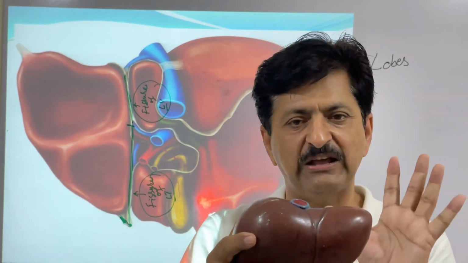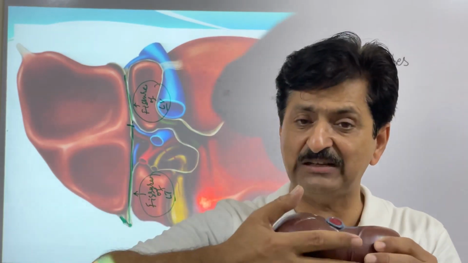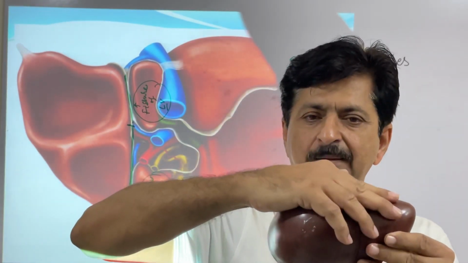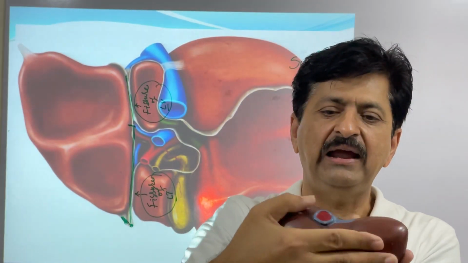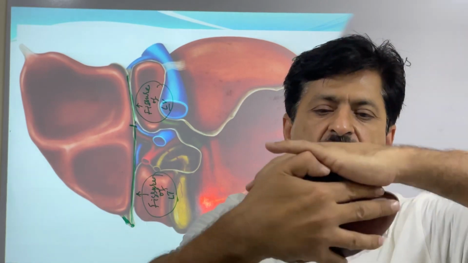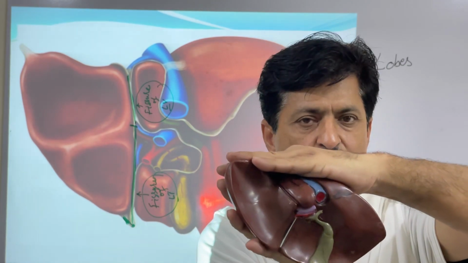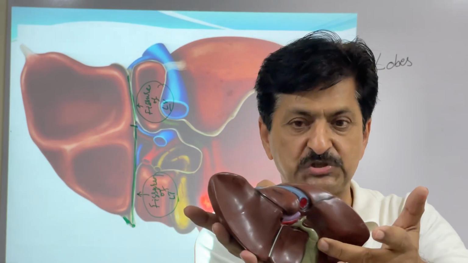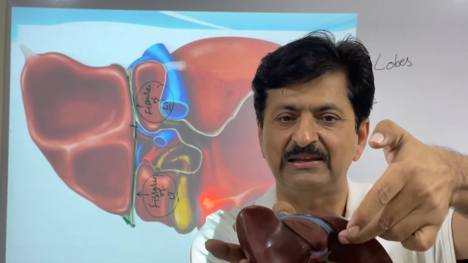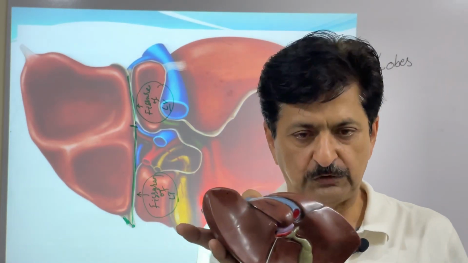So the two lobes in fact have been shown, as far as the surfaces are concerned, the anterior surface and the superior surface. I say anterior and superior together is diaphragmatic, and whatever surface you see, I am actually covering it with my hand, anterior as well as my superior surface, like this. And whatever is now remaining will be the visceral surface, which consists of the surface just opposite the anterior, that is the posterior, and just opposite the superior, that is the inferior. So the posterior inferior surface should be called the visceral surface, which is giving you the impressions of various viscera here.